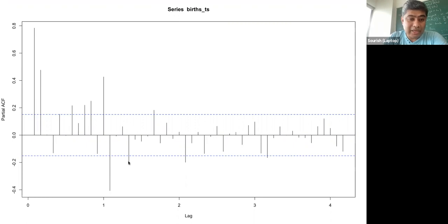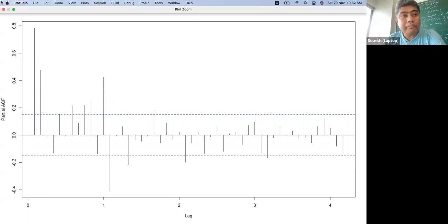We can see that around 13, 15 there are some correlations, but definitely most of the things are happening within a 1 year window. Wherever you take any 1 year window, a lot of things are happening within it.